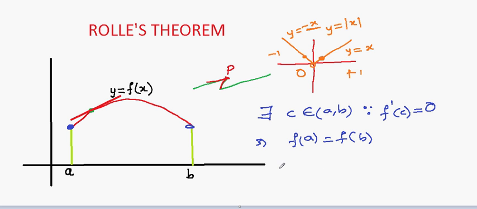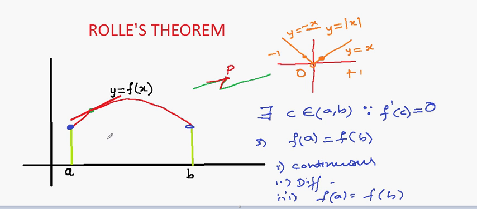So the very first condition is it should be continuous, second it should be differentiable, third Rolle's says if f of A is equal to f of B, that is both the y's, both these green lengths should be same, then Rolle's theorem says that definitely there exists at least one point C belonging to A to B such that differentiation at that point is 0. Or in other words, we get a point C such that